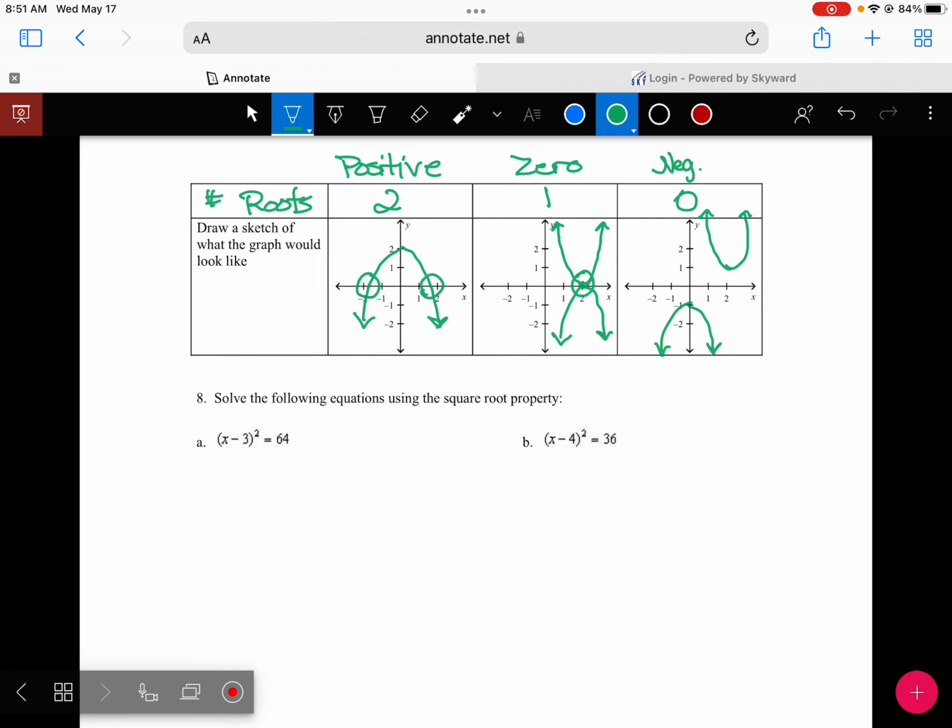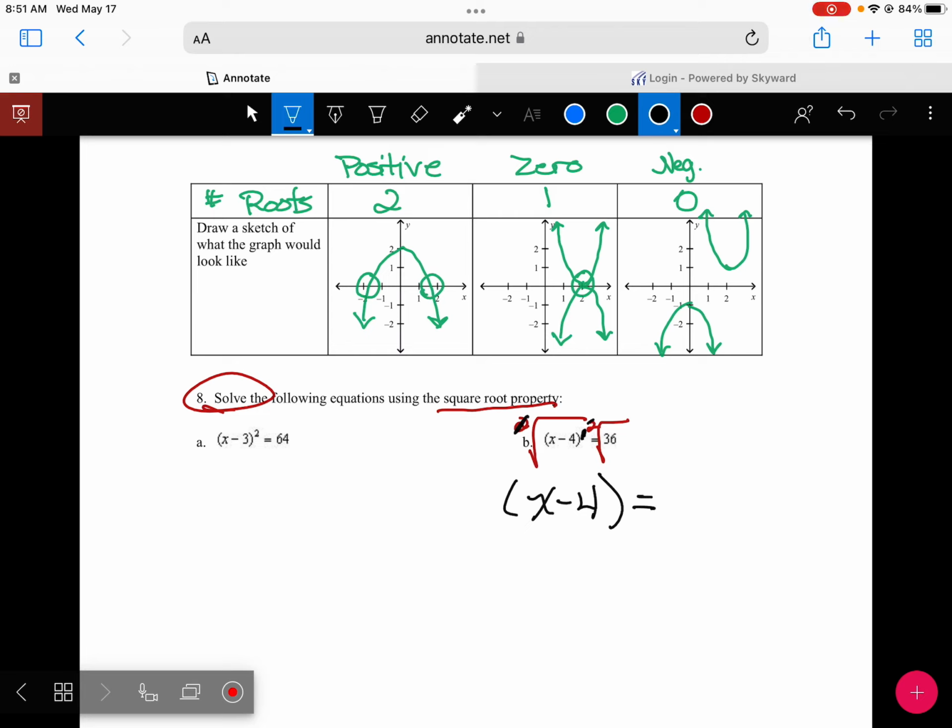And I'm going to do one of these last ones. I'm going to do the second one because I did the first one in the first video. It says solve, so I am looking for x, using the square root property. You are not going to set this equal to 0 when you use the square root property, if we tell you to use the square root property. So you take the square root here, take the square root here. The square root of something squared gives you that x minus 4